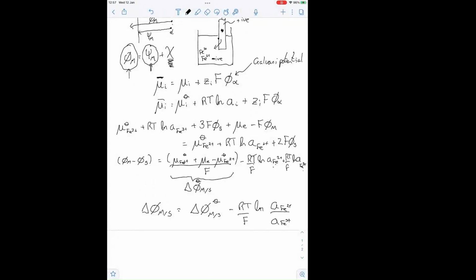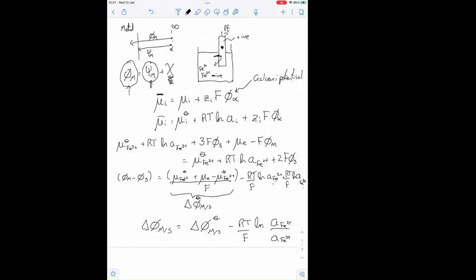So I can measure the potential. So I can calculate, using simple thermodynamic theory, a potential difference across this interface up at the top here. Okay. So that's all thermodynamics done, except I can't actually